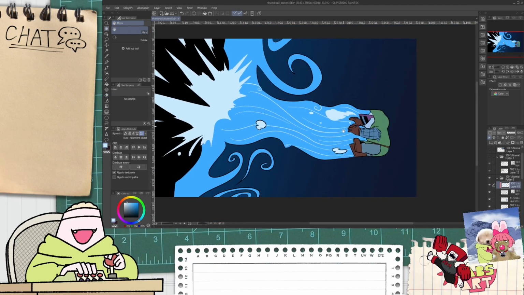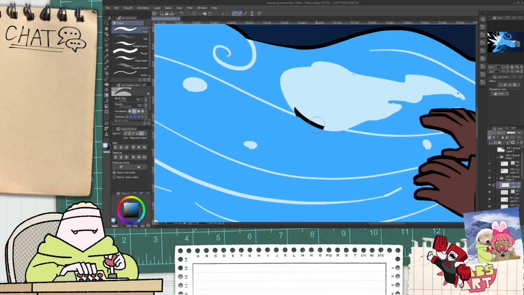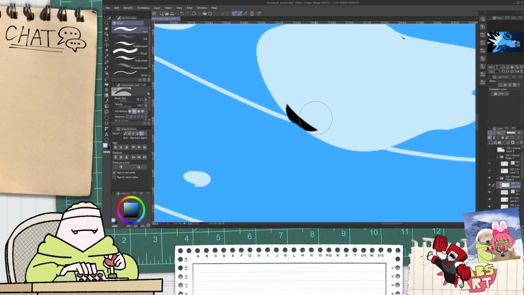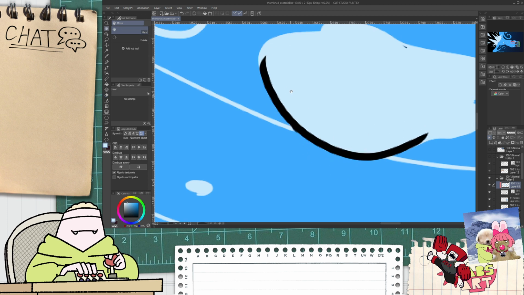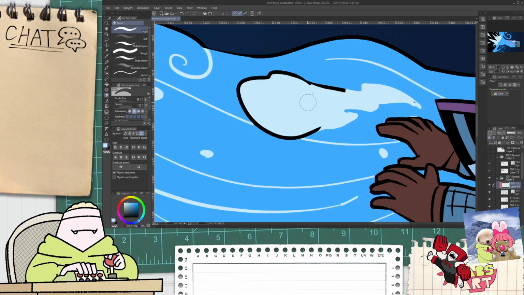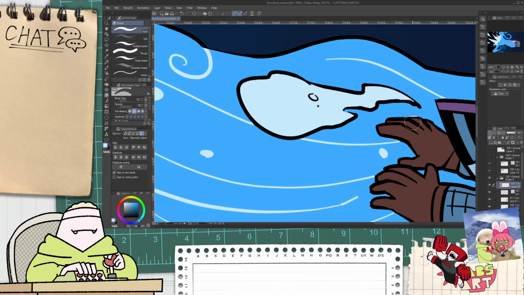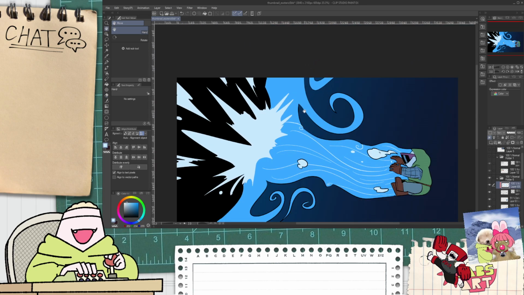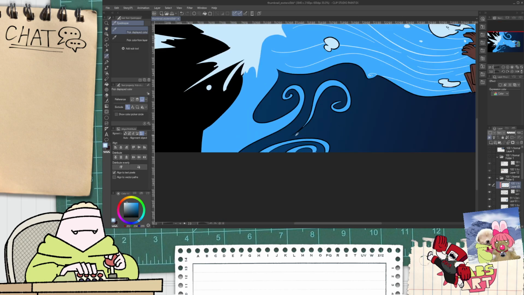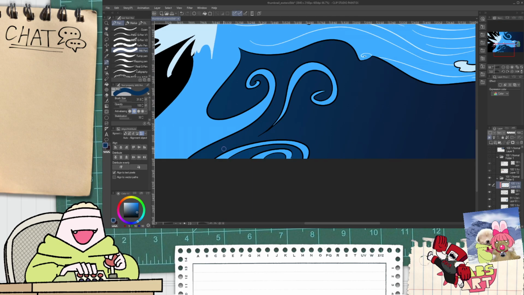Just shearing off the minimal part here. Okay, nice. And I think what I might do is I might just erase the lines here.